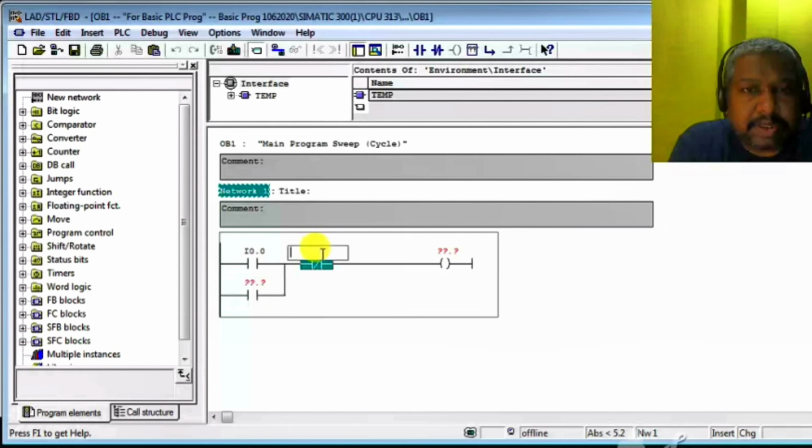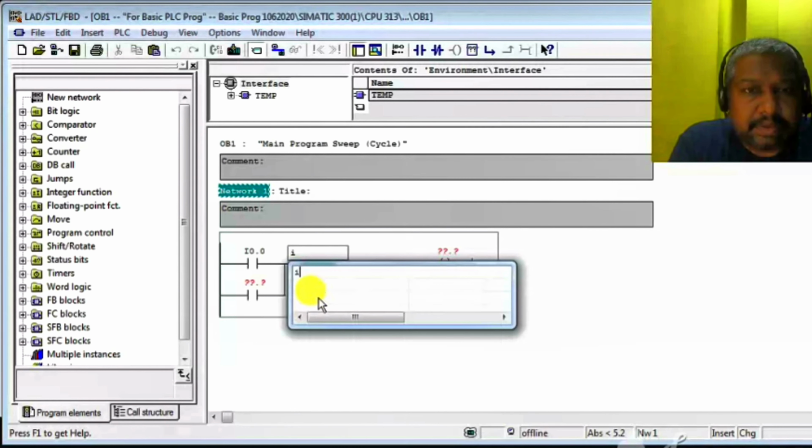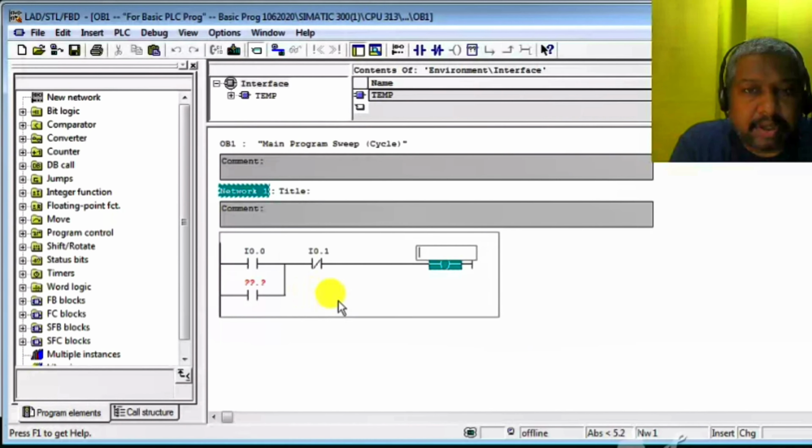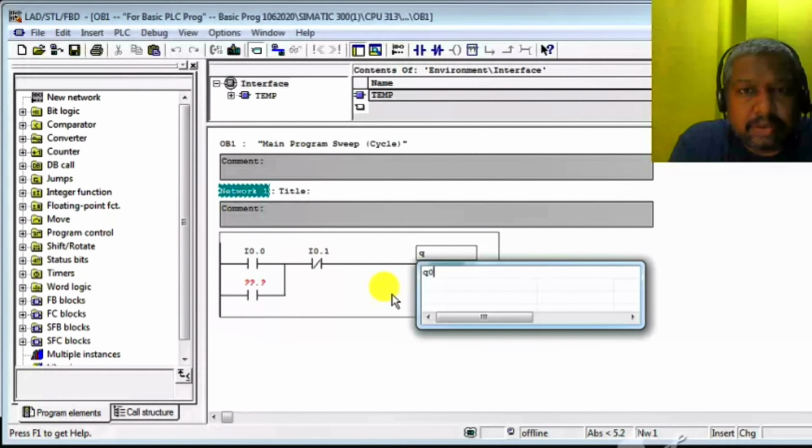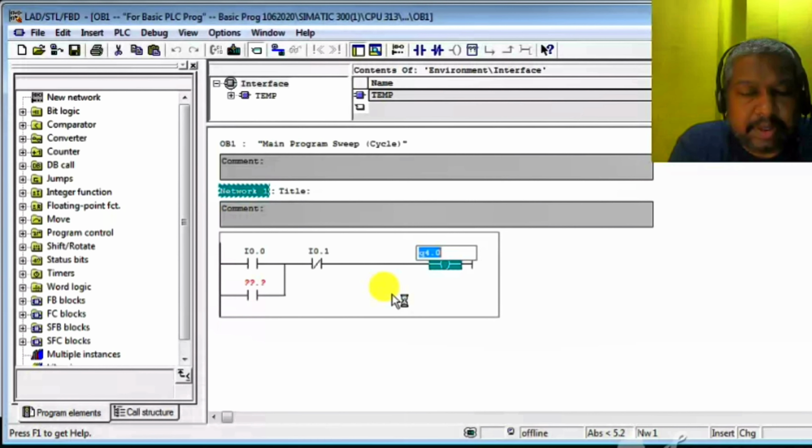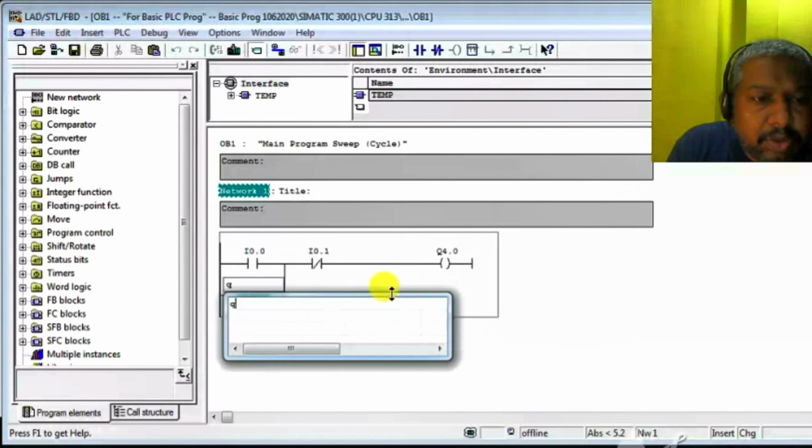Next, the NC contact I 0.1, okay, enter. The coil starts from Q, not 0, select 4.0, enter, and this is the holding contact.